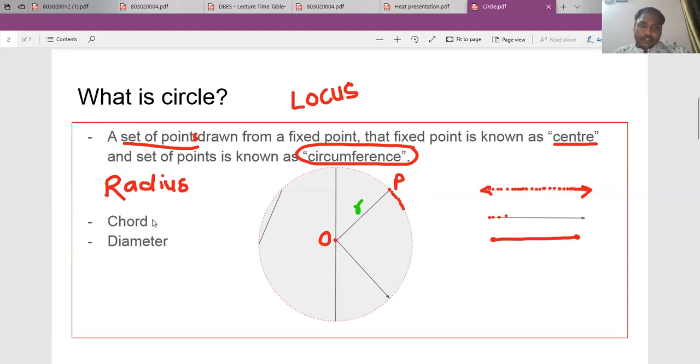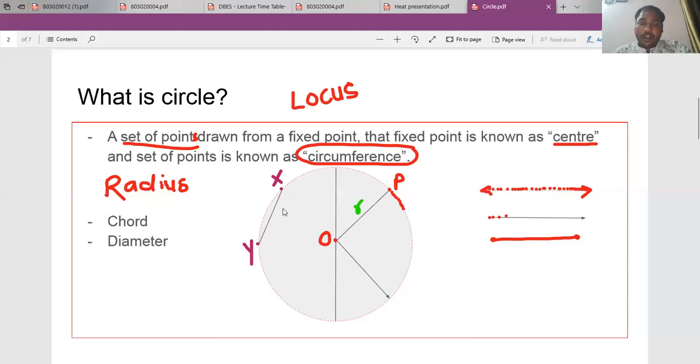If we go further, the next topic is chord. I'm giving the name of the chord; you can see it on your screen now. Let's say this point is x and this point is y. These are 2 points present on the circumference of the circle. And this line segment, just listen carefully, is a line segment. This one is not a line, just keep in mind, because we have 2 endpoints.